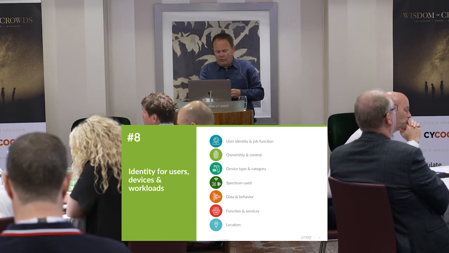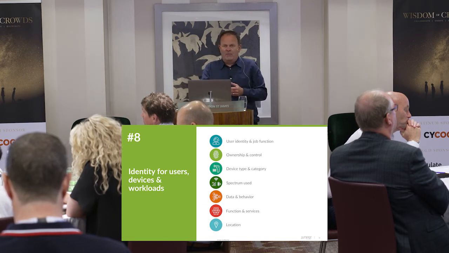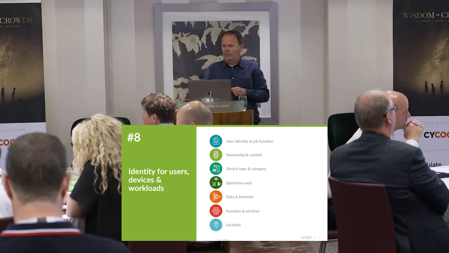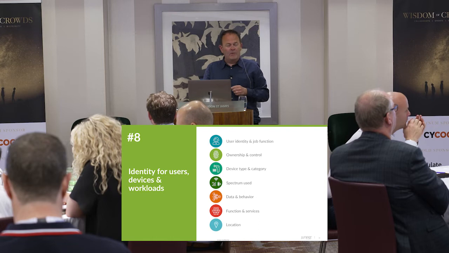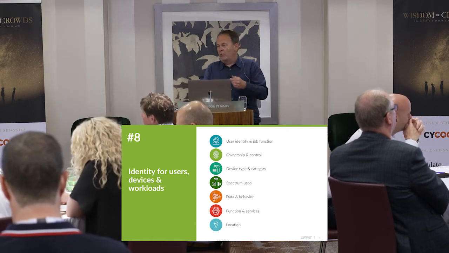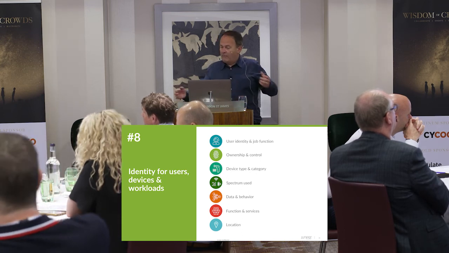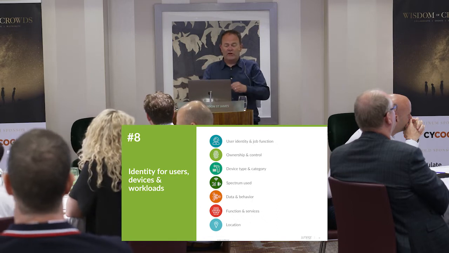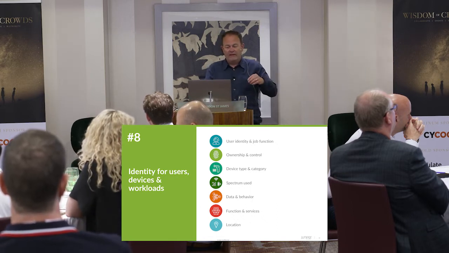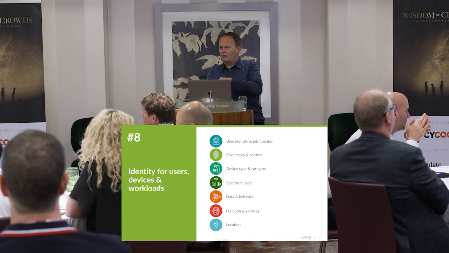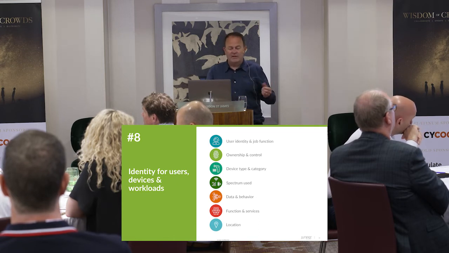So the reason we call out location separately on here, location, because it could just be an entry in an asset management database. It's in floor 3 of the office. But what about when you get down to the level of this is a connected device? So on a wire, yeah, I know where it is. It's plugged into port E23. If it's on Wi-Fi, then I can bring it down much more accurately. If it's on Bluetooth, I can use BLE to actually bring it down within feet. So location is a really, really important component of this. If a device suddenly pops up in the wrong place, or if the wrong device suddenly exists where there shouldn't be a device.